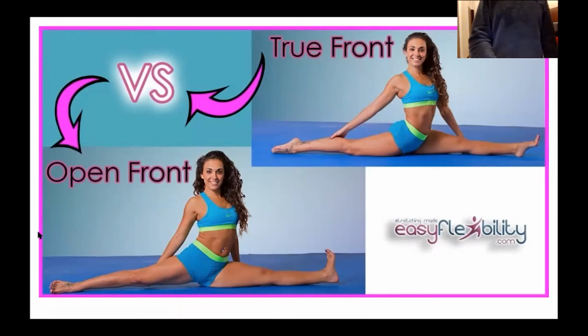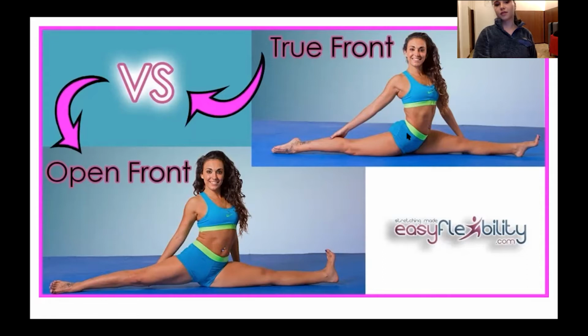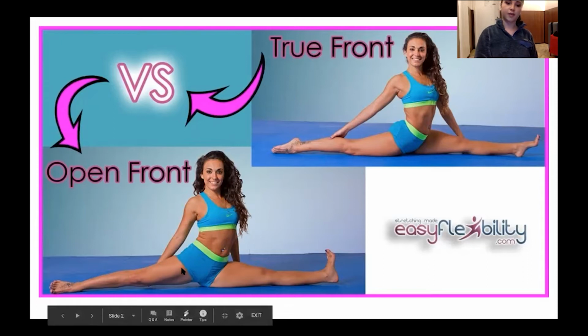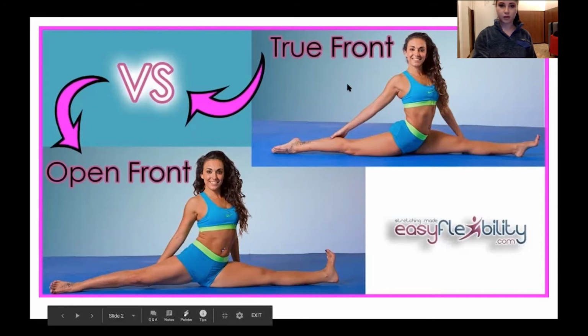Okay, so you can see in this picture, her hip bones, both of them are facing towards the front, so where her leg is going. Okay, and here, her hips are open, so everything is facing towards the audience. Yes, and so usually when we do splits or we're stretching splits, we want to do this one, the true